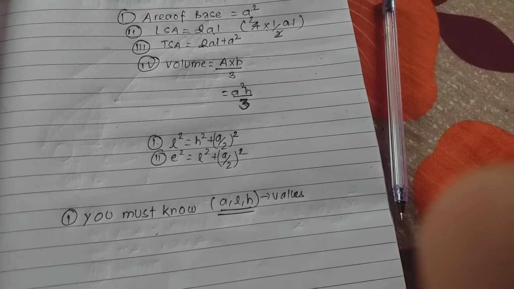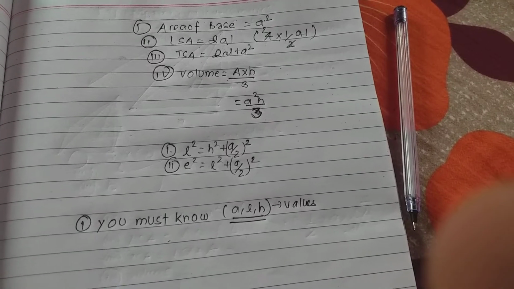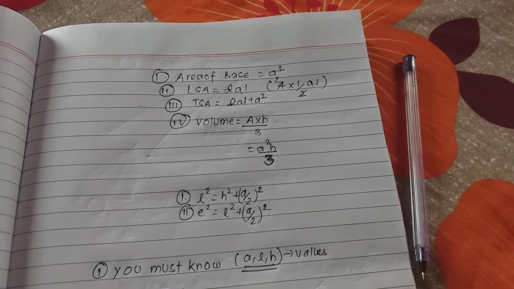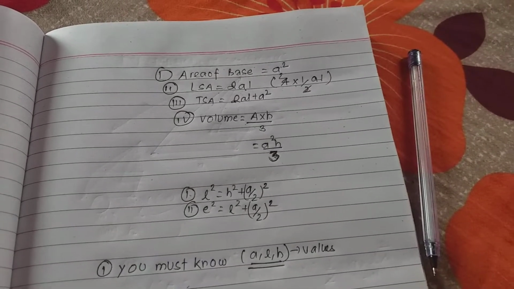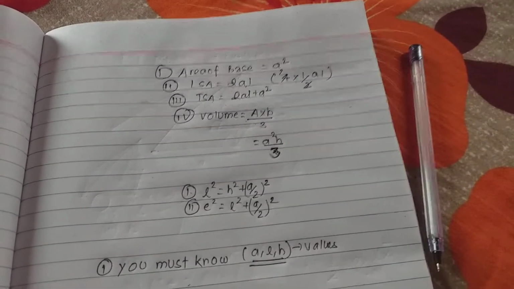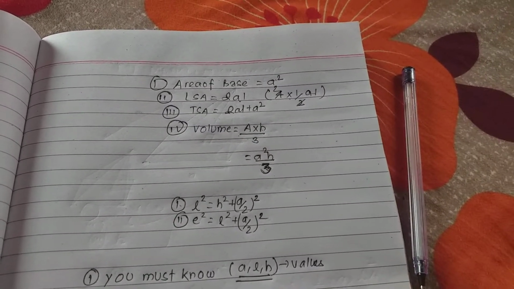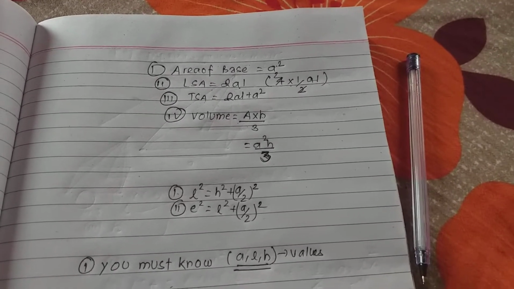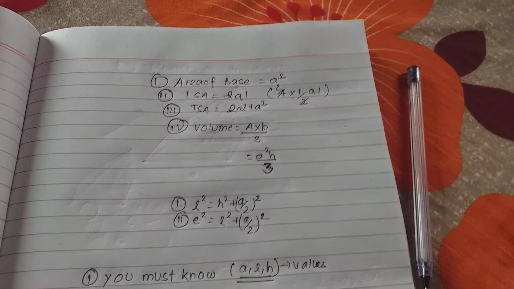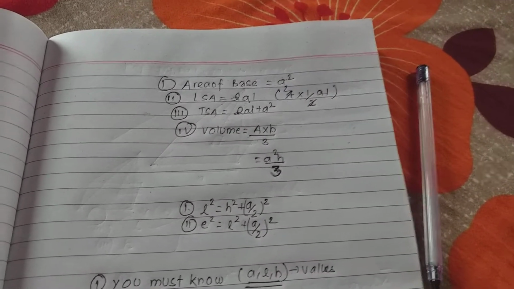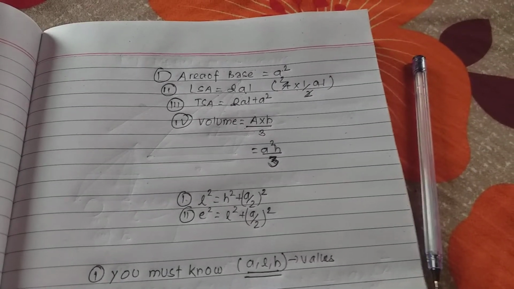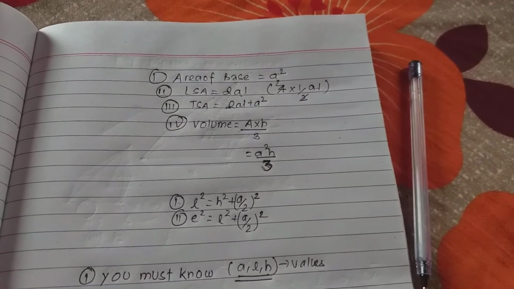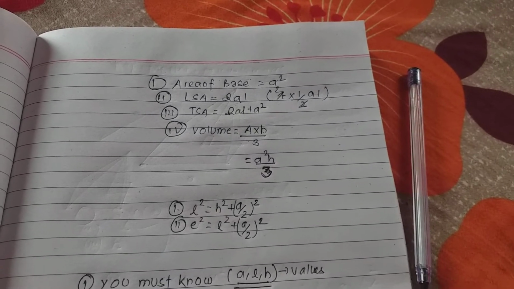For example, you have many more tricks. You will be given a question in a twisted way, but you must think about how I can find A, L and H. If you know how to find A, L and H, you can find each and every question related to the topic. I'll make sure that I will be doing all the questions asked in your SEE examination from this topic. And then I will show how these tricks work, when we find the A, L, H values and can do all the questions related to the topic.